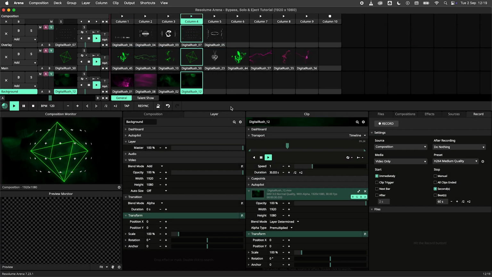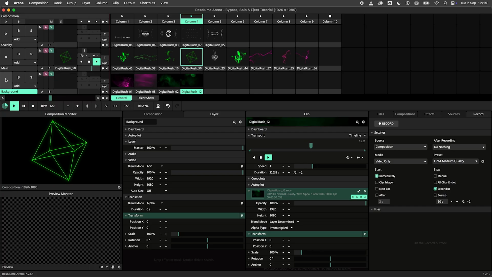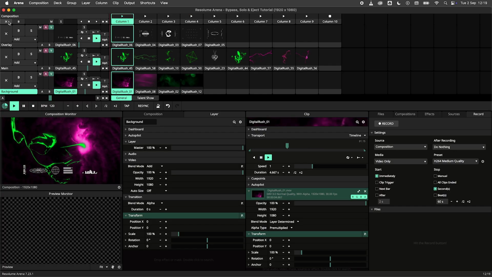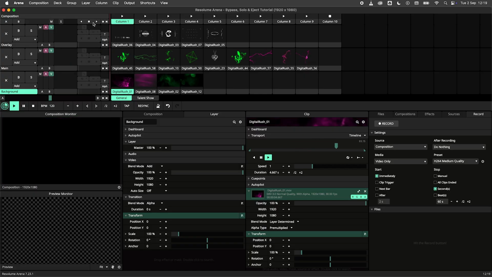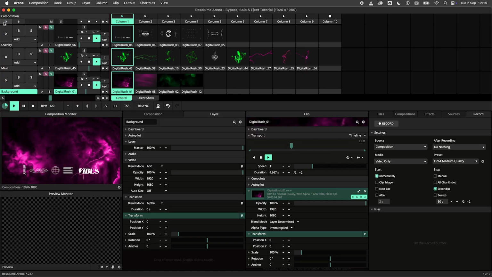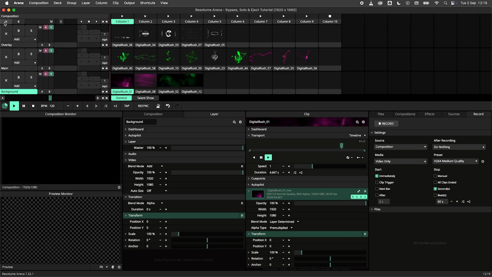The final button we're looking at is the Eject button. Hitting this on a layer, group or composition will eject all clips in that part. Ejecting a clip will stop the playback, but not affect your preview. Composition eject can be a handy function to map to your keyboard as sort of an ultimate panic button. And with that final doom and gloom tip,